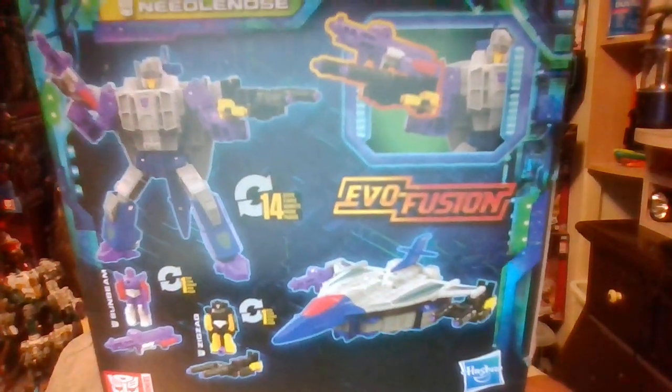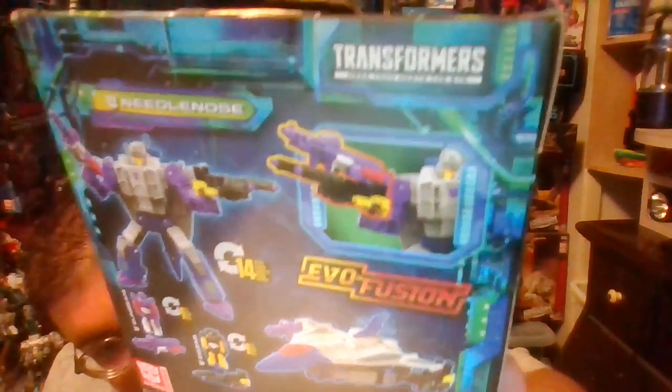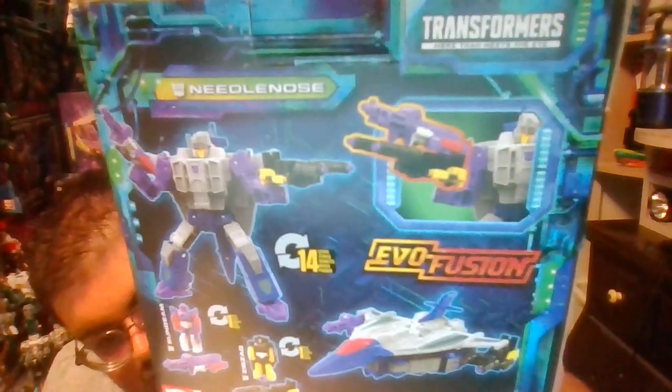You've got Needlenose in his robot mode and his jet mode, and he transforms back and forth between both modes in up to 14 steps. And the Evo Fusion gimmick advertised that you can combine his two Target Master partners,